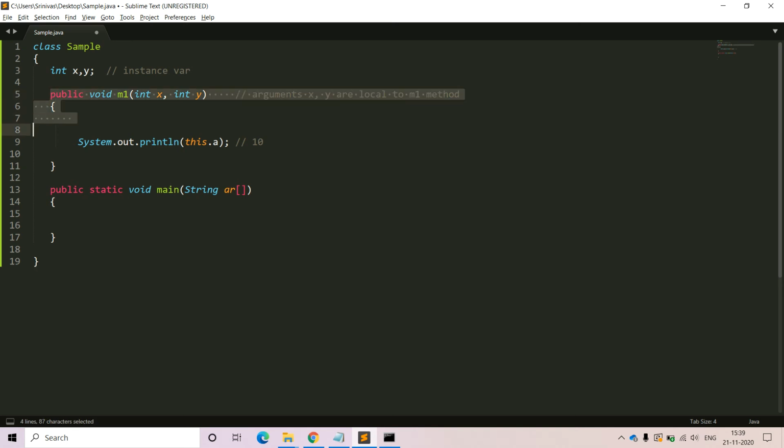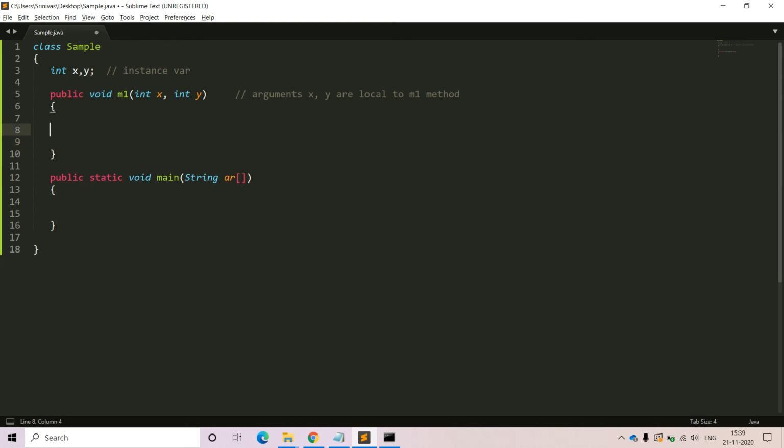Now it is an instance method. What I am doing here is very simple. For example, here the naming ambiguity is there between instance variables and local variables. The two local variables are x and y, as well as the two instance variables, whose names are also x and y. Now if I do this operation, x = x and y = y, what is the meaning of these statements?